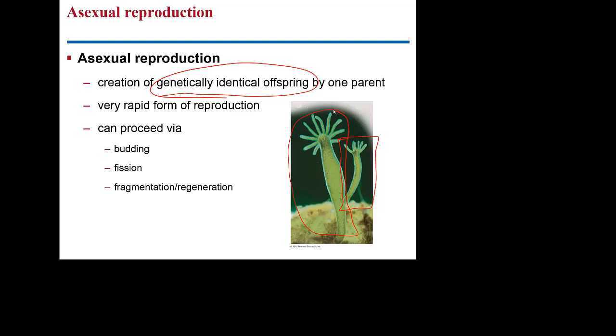if disease would come in and affect one, it affects them all. If food conditions change and it affects one, it affects them all. There's very little variability in these organisms. Now, this is not always bad. Asexual reproduction is actually very, very quick, so we can look at a much faster generation time and turnover of organisms.